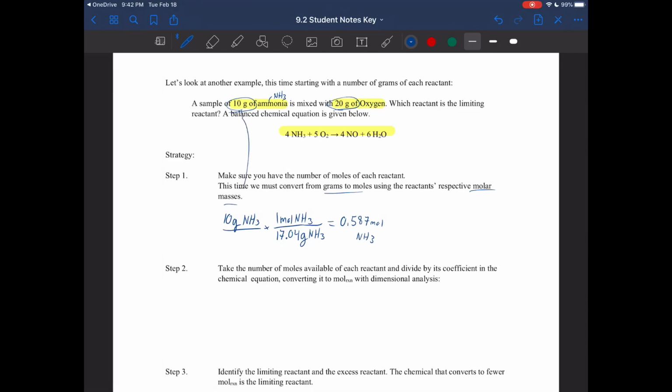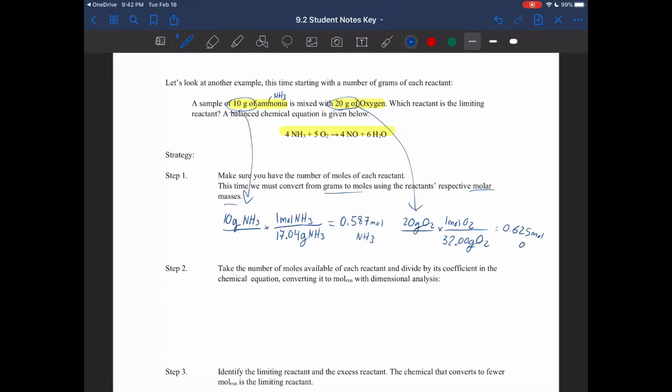Let's look at this amount of oxygen. We have 20 grams of oxygen. O2 has a molar mass of 32 because each oxygen is 16, so 16 plus 16 is 32 in 1 mole of O2. So we are going to cancel out those grams of O2. 20 divided by 32. We get something like